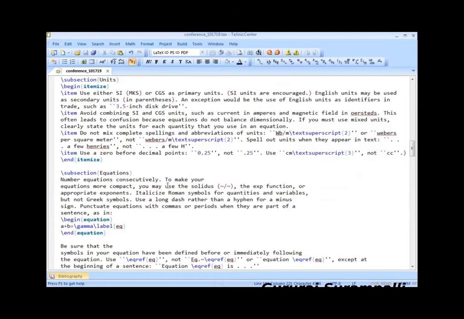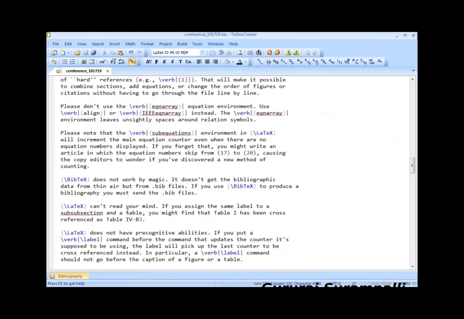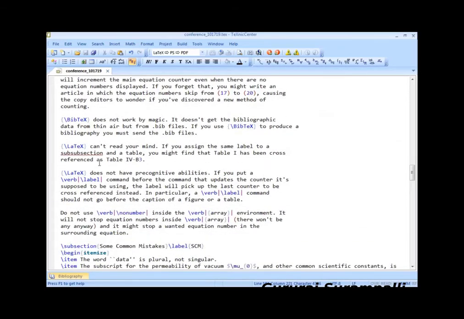Next you have equations. Again, a very interesting thing here. You can write any complex equation using LaTeX. I have already done one video on this using TeXstudio, wherein I am writing very complex mathematical equations using LaTeX. Okay. Then subsections, as I told, then BibTeX, bibliographic data.